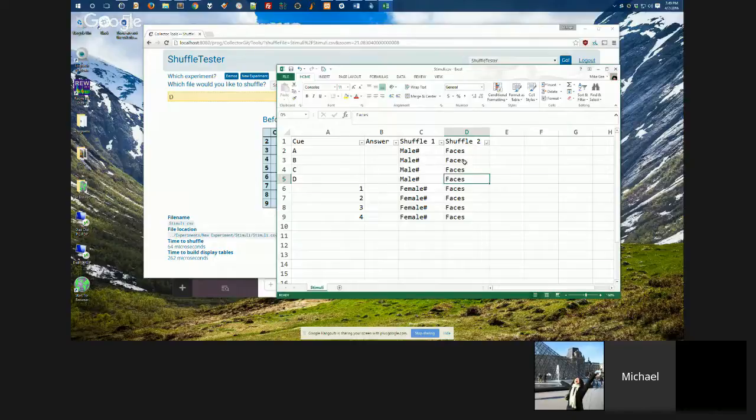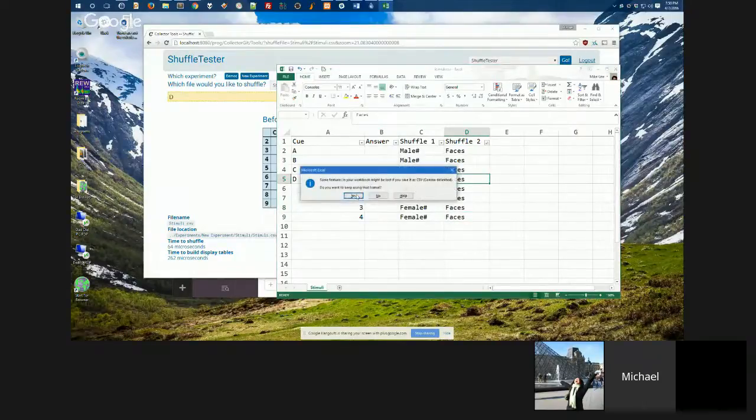And so I'll show you here. Here's the setup we just talked about. A, B, C, D in one order within that little block, 1, 2, 3, 4 in that order. But whether the letters come first or the numbers come first will vary because of this second shuffle group. So faces groups these things together. So if we do this,